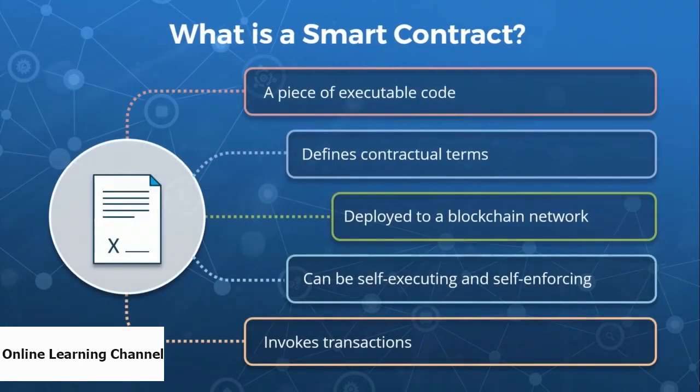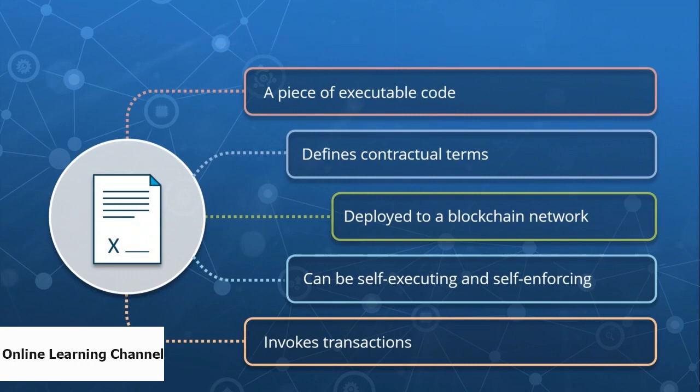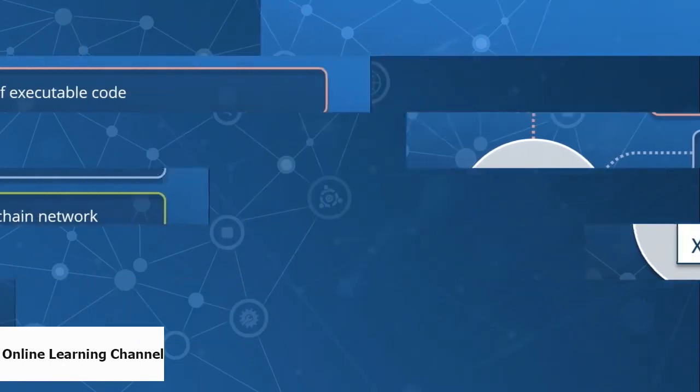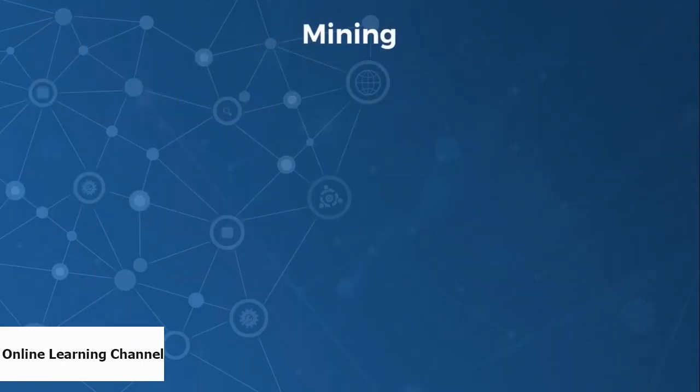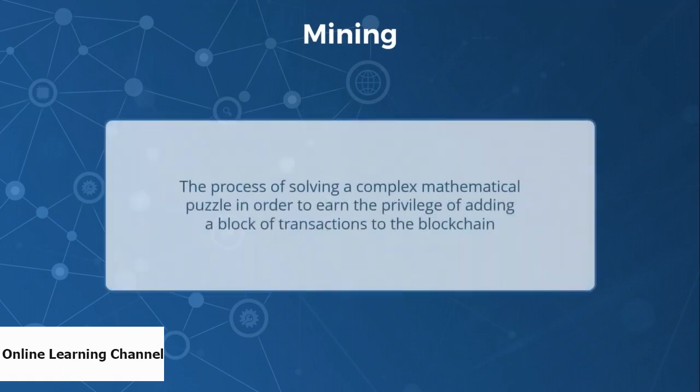In the previous clip, we discussed the fact that transactions which are invoked from a smart contract will be stored as records on the Ethereum blockchain. So what exactly is the mechanism of adding transactions to the Ethereum blockchain? Well, this brings us to the concept of mining, and this is something which can specifically be defined as the process of solving a complex mathematical puzzle in order to earn the privilege of adding a block of transactions to